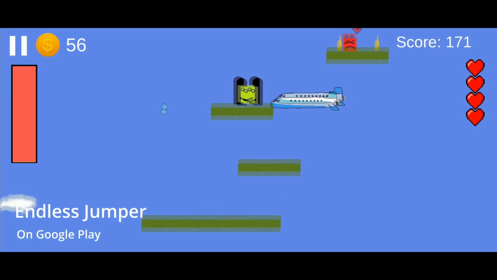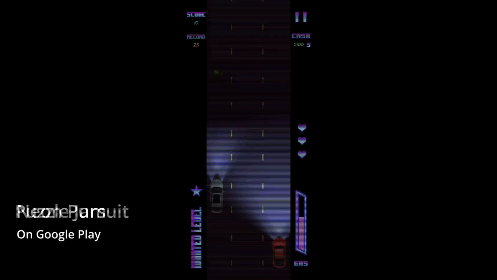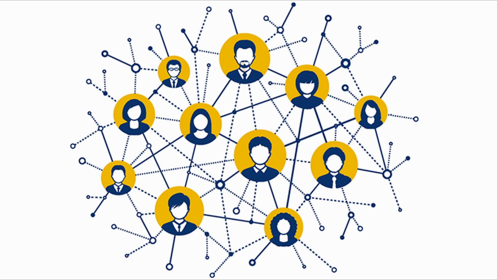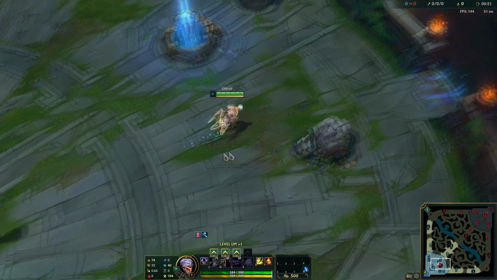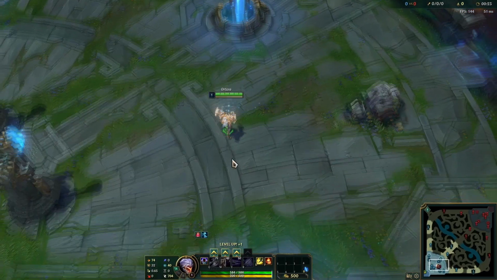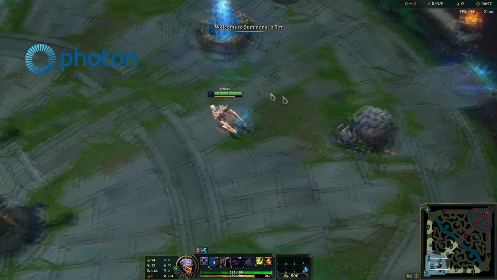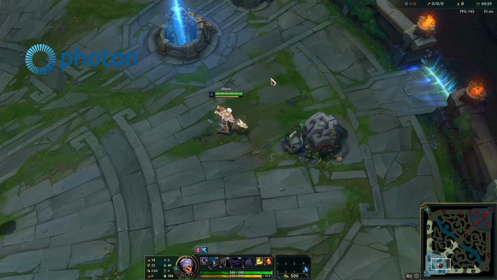So recently I decided to make my first ever 3D game, since all my games so far have been 2D. On top of that, I decided to kill two birds with one stone and make my first ever multiplayer game as well. I decided to start with making a top-down game with mechanics similar to a MOBA, and for the networking I chose to use Photon, since there are a lot of Photon tutorials and also I can start using